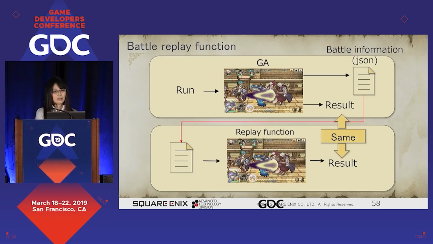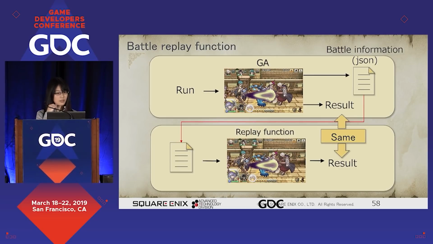In the end, the videos are not what were recorded. We have a function to replay the battle. It needs a specified random seed and running with a fixed frame rate. The proceeding of the battle is always the same if we specify the same random seed and the same party composition by a JSON file. This function makes it possible to watch the battles in the evolution later without recording.